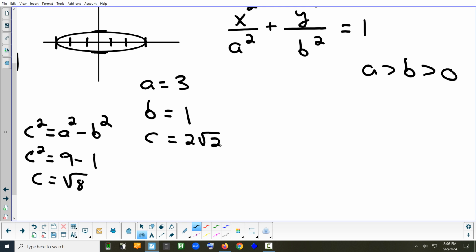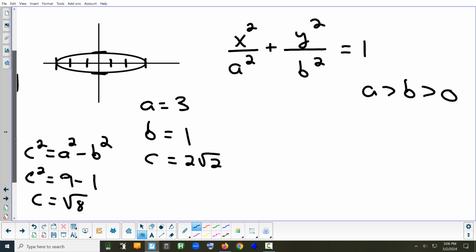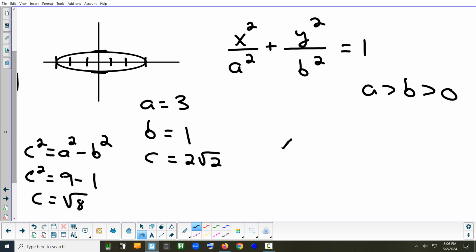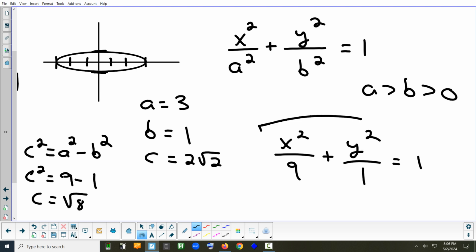Again, you do not need c to do what I asked you to do in the problem. But there will be something on the test, a different question than this one, where you do need to find the c value. That's why I practice. All right, so let's write our equation. So we have x squared over